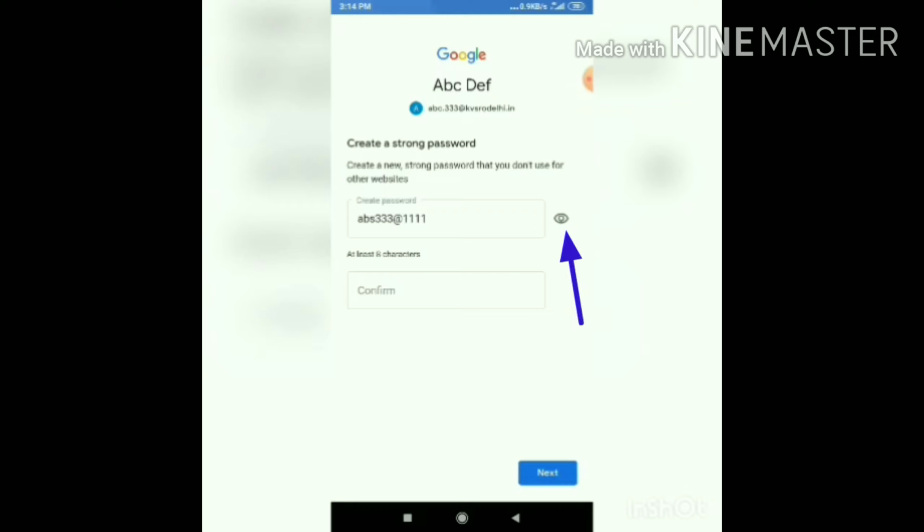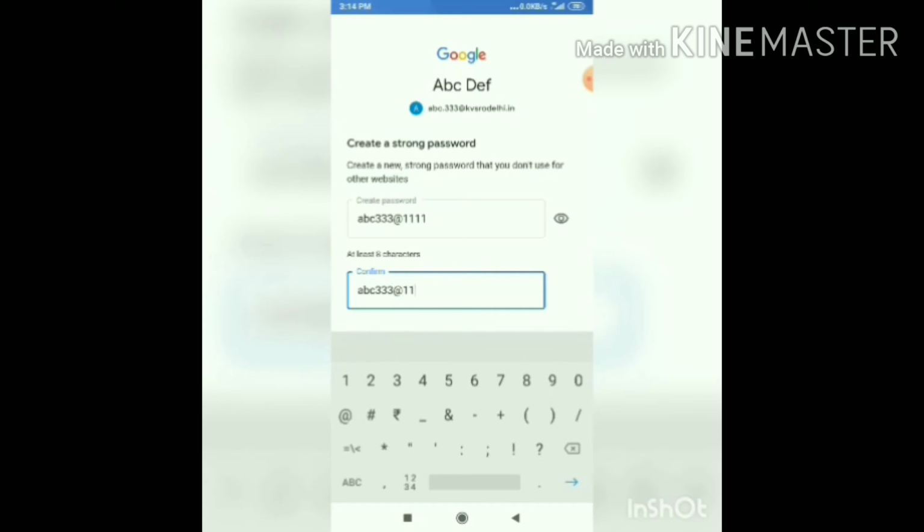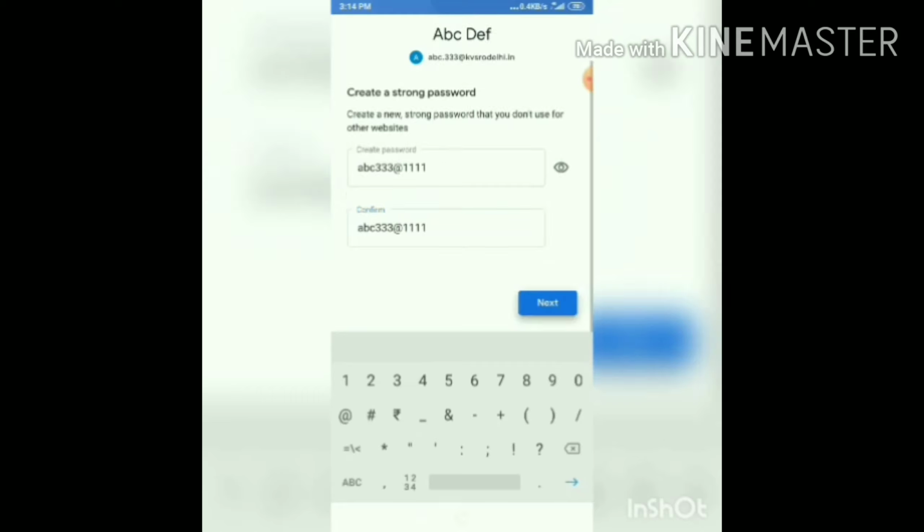I can also see the password here, like I have committed a mistake. abc333@1111. It is always easy to open this eye so we can see what password we are entering, and then I will press next.